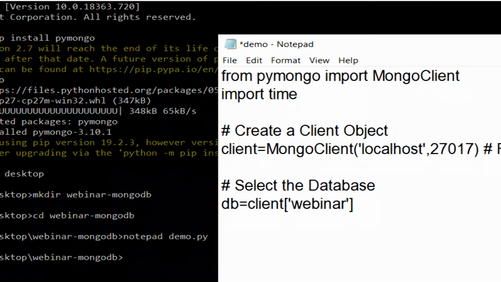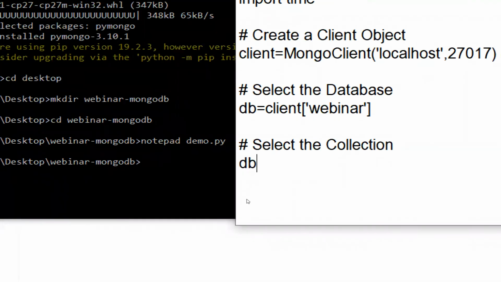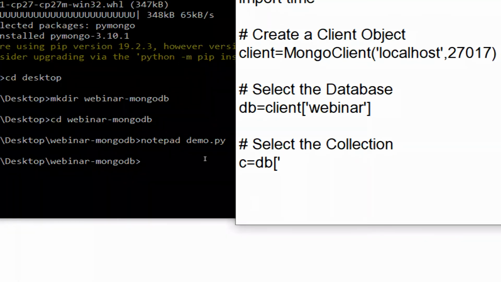We have selected the database, and then we have to select the collection. So c = db of, and there is a collection called Madhu, right? So selecting the collection, and then let's insert multiple documents.